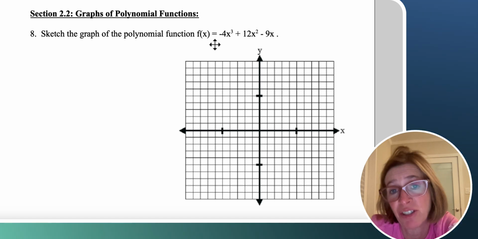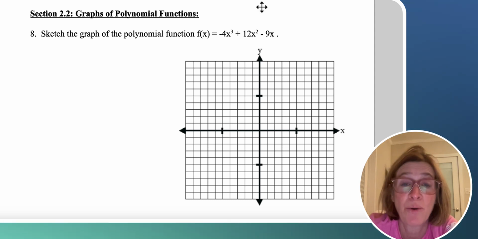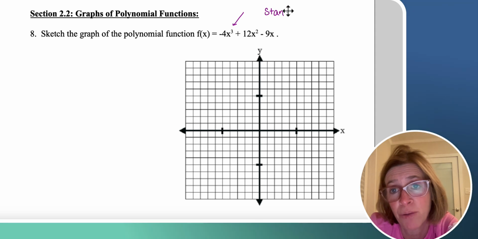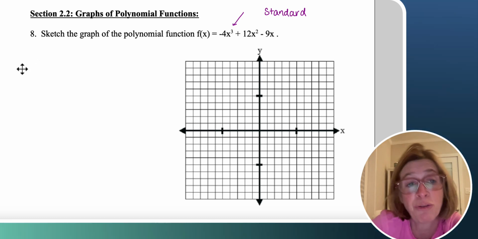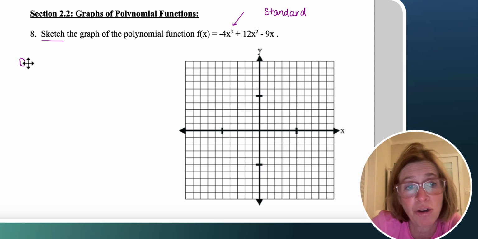And so we have this function, f of x equals negative 4x cubed plus 12x squared minus 9x. So it's a polynomial of degree 3, right? Because it's in standard form. You really want to look at what form it's in. It could be in factored form. It could be in standard form. So when it's in standard form, if you want to sketch it, you do have to identify the degree